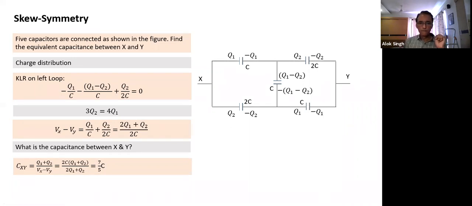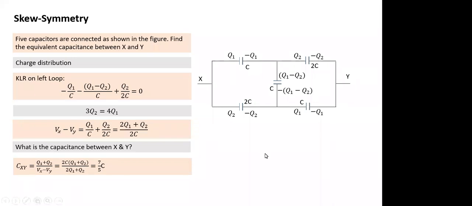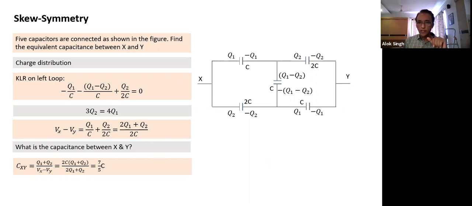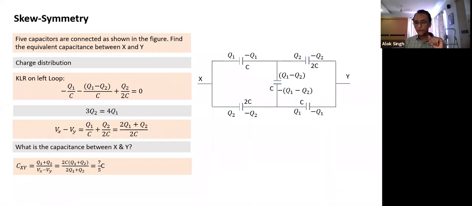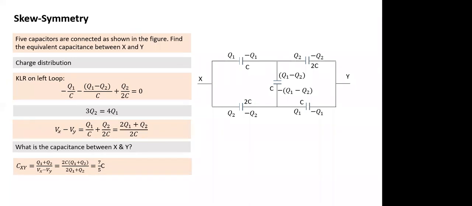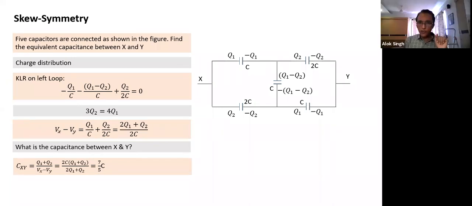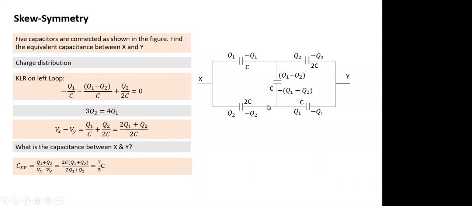Now, yes Ahlan? Sir, capacitors 2C and C are connected to the same potential, right? See, we need to look at both ends. One end is connected to the same potential, the other ends are not. The plates that are connected to X, there's one plate. It has two terminals. Sir, one side is connected to X. Are the other plates connected to the same potential? Oh, no. They are not connected to the same potential. Had this capacitor not been there, then this would have been at the same potential. Are you following? Yes, sir. Okay.